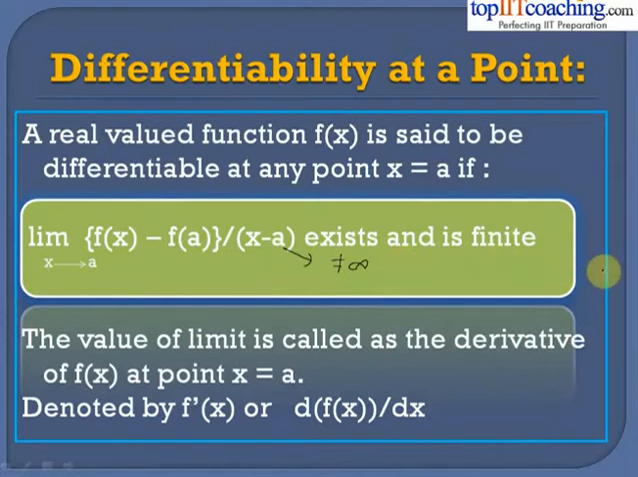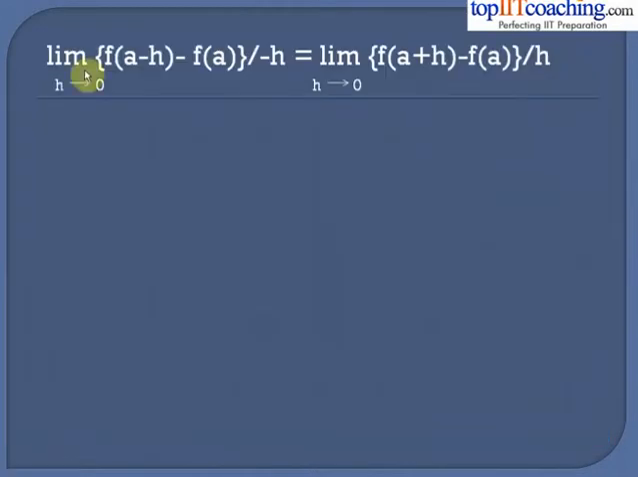So we say that f(x) is differentiable at any point x equal to a if the limit of (f(x) minus f(a)) divided by (x minus a) when x tends to a is a finite number. Now the value of this limit is called the derivative of f(x) at the point x equal to a. It is denoted by f dash x or d by dx of f(x). That is,